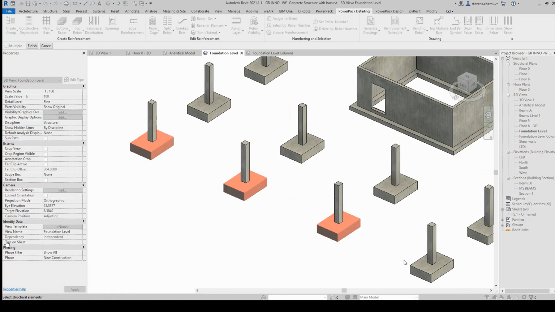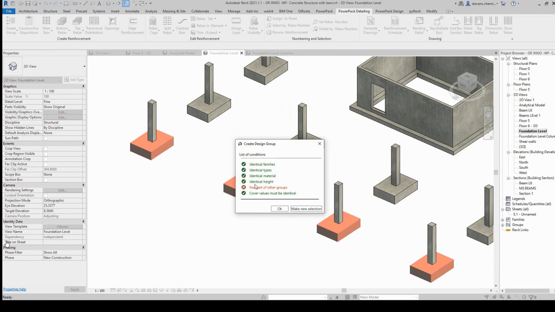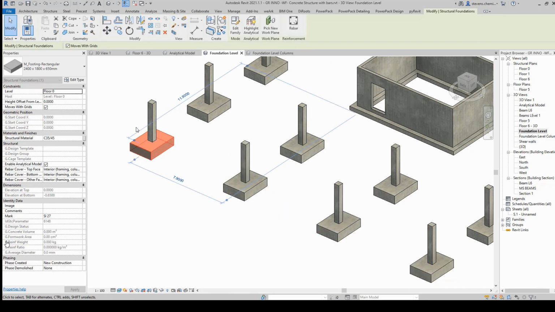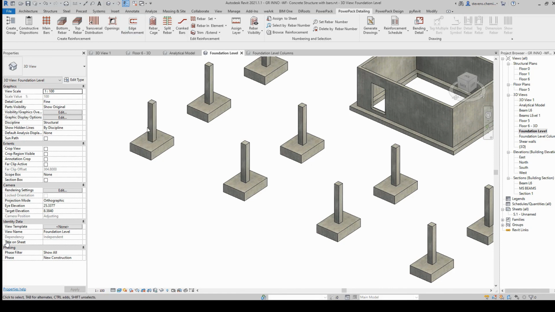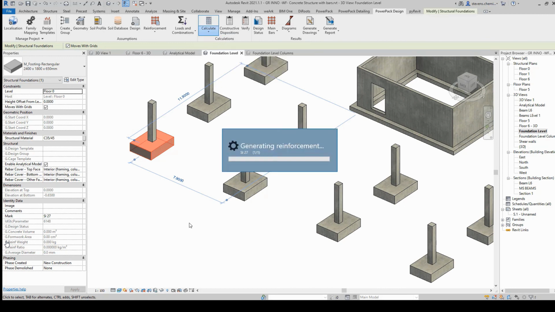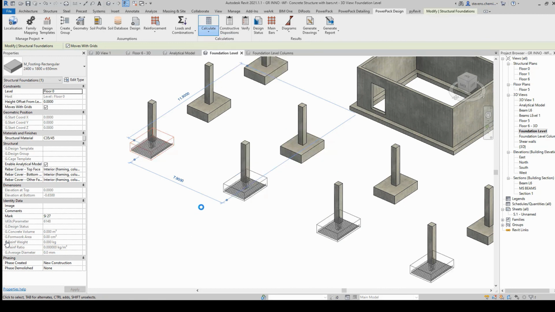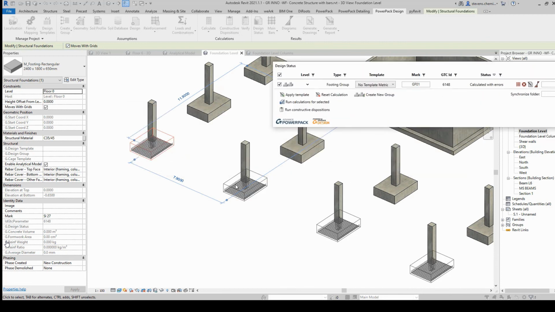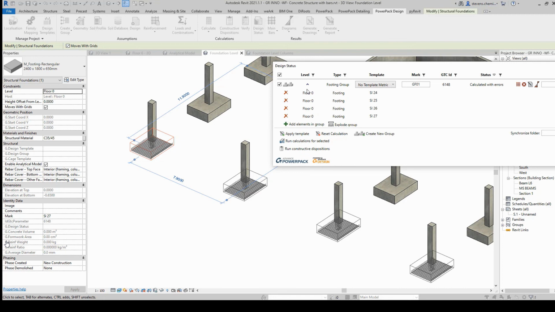So the group notion here, you see, it's not the same notion as the groups in Revit. It's a common shared parameter that we are using, and based on this shared parameter, our software engine will standardize the rebar cage generation for all footings belonging to the same group.